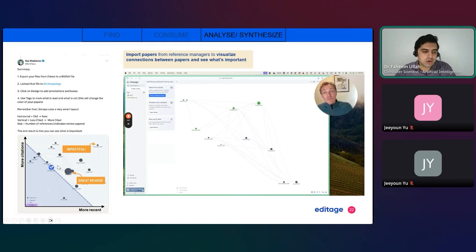When it draws the papers in that space, it can show you which are the most recent papers in your research area and which papers have been most cited in that particular research area. That way you see which are the most recent, and at the same time you see the quality of papers, which are the best quality, because mostly top quality papers are cited more as compared to